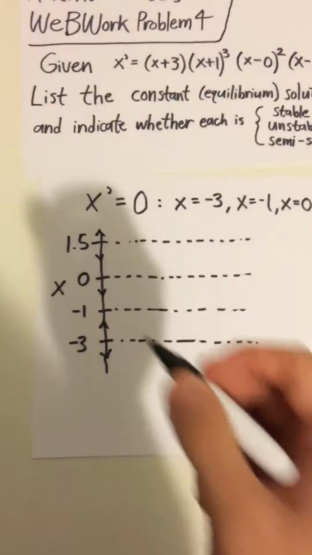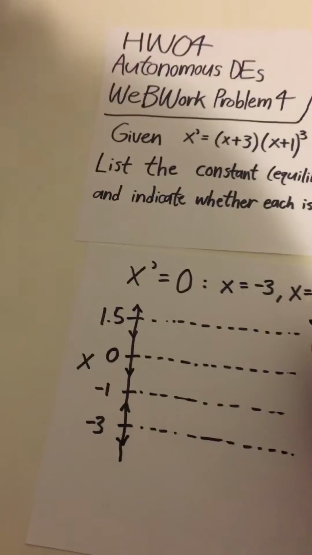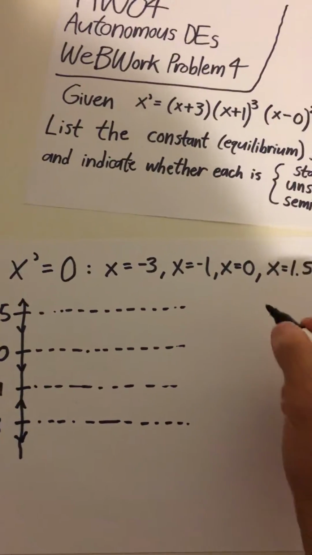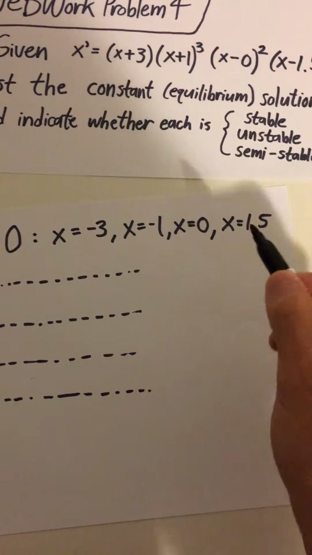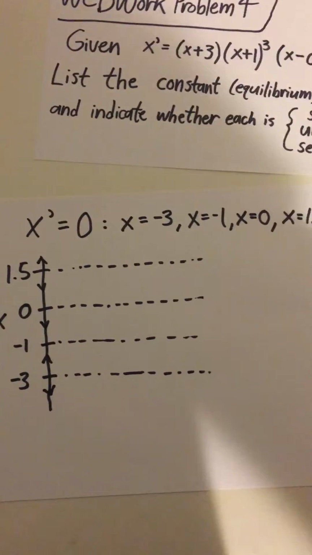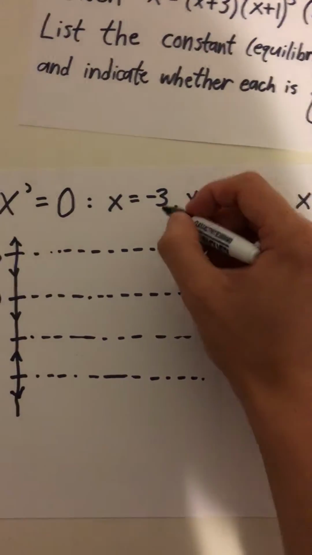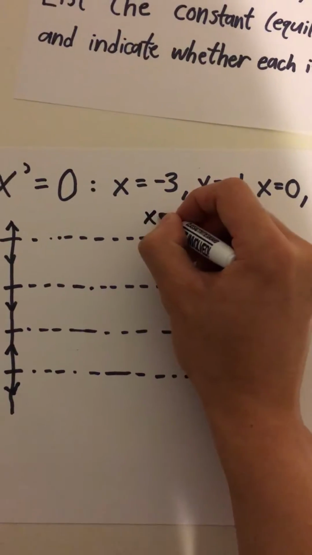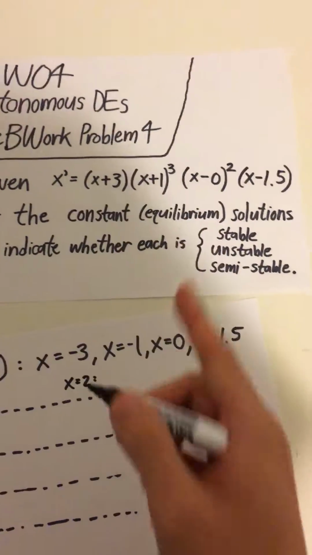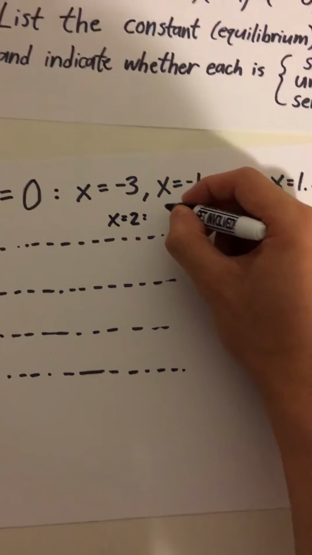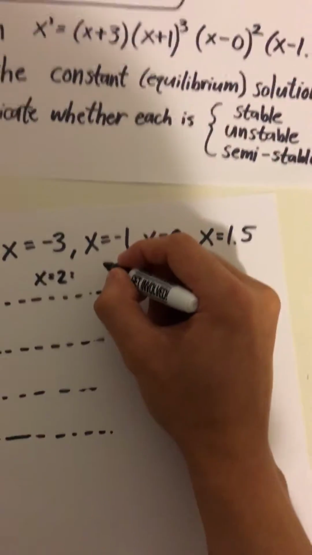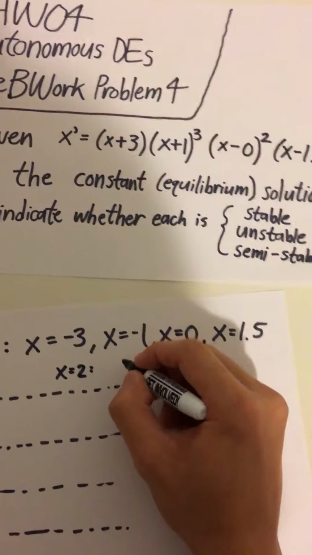And let's verify our little guesses. So above, we want to put in a value that is greater than 1.5. A very good example would be 2. So if we test for x equals 2, we plug it into this differential equation function, and we will get 2 plus 3 is equal to 5